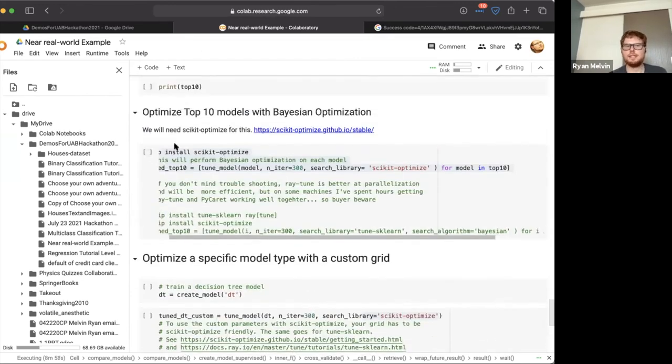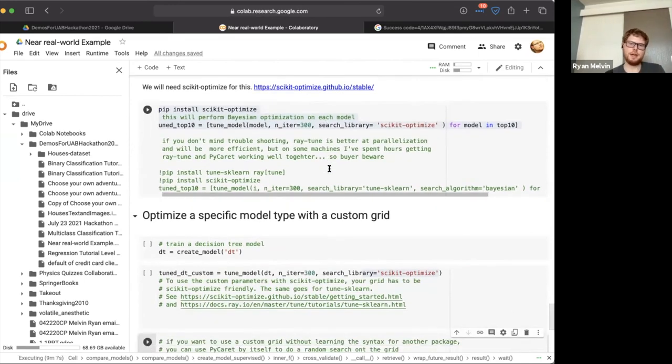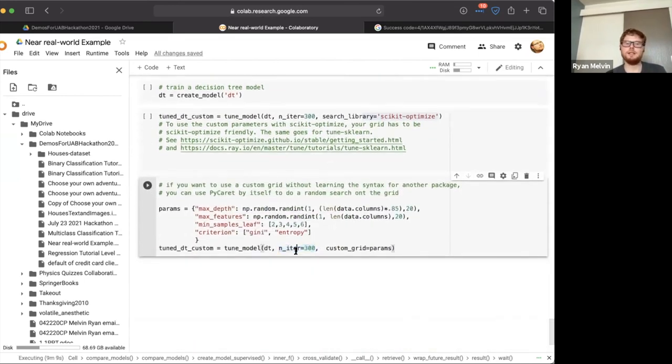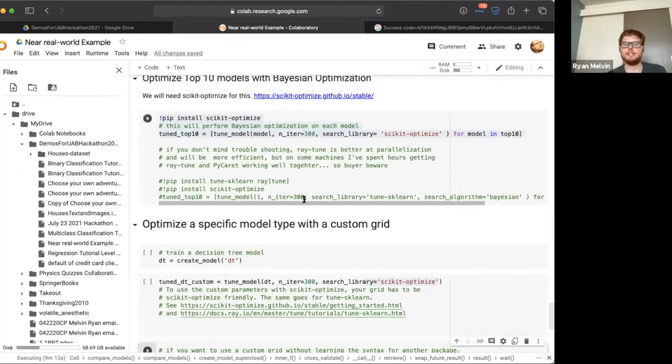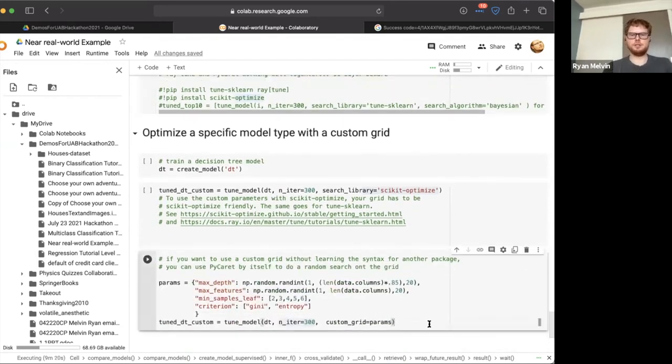And if you really want to get fancy, install scikit optimize and let scikit optimize do a Bayesian search instead of just a grid search. So those would be the key parts. Use PyCaret. In tune model, set your iterations higher, maybe 300. And if you would like for that to be a really efficient search, install scikit optimize and just put that as your search library. So if you just wanted to tune one model, you don't have to tune 10 at once to use that. So search library